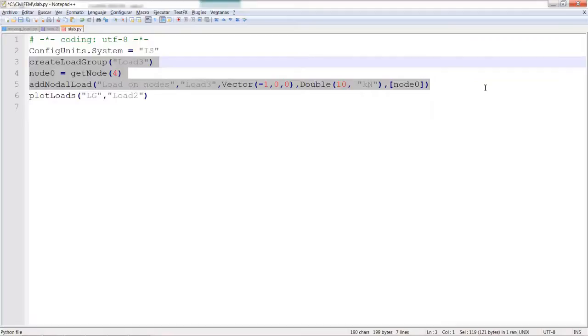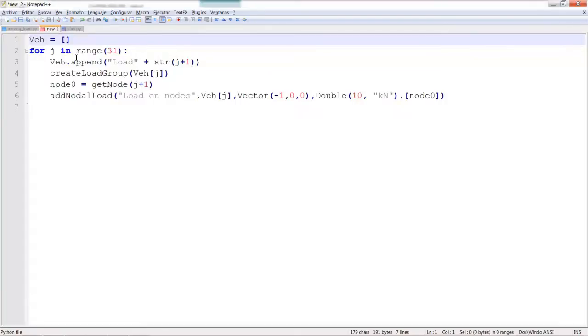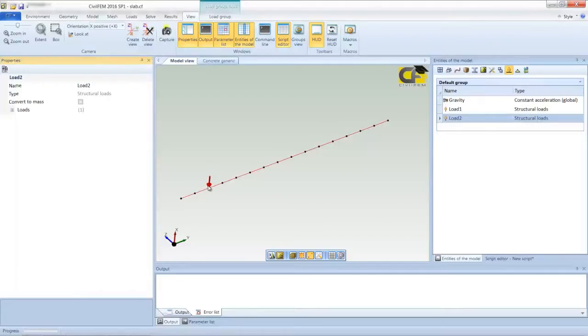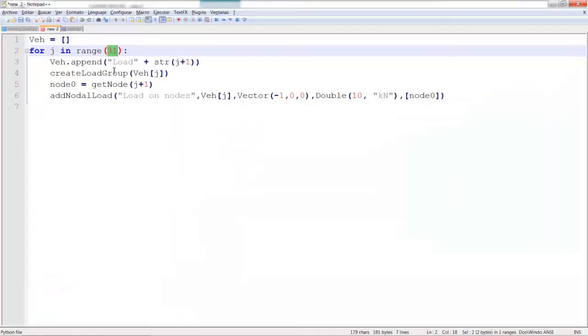A loop will create all these forces in just a few command lines. So to create a loop, we must define our loop. This is the format. Define the number of nodes; in this case we wanted to do it one by one from the beginning. If you want to create it for all nodes, you want to create it 16 times, from node 1 to node 16, and we must create a vector,